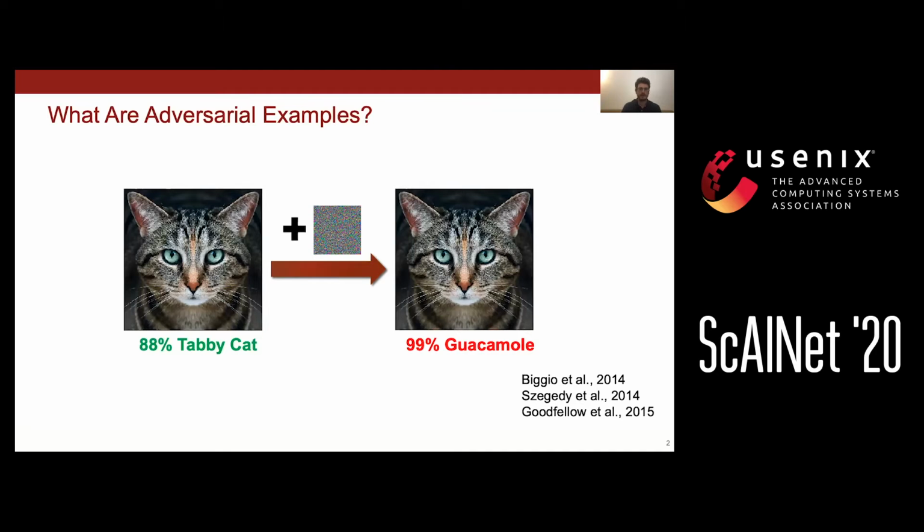So this talk is about adversarial examples, this curious phenomenon in machine learning models where very small changes to an input can cause a complete change in a model's prediction. So here, this image on the left that's correctly classified gets slightly perturbed, and now the model thinks it's looking at a picture of guacamole.